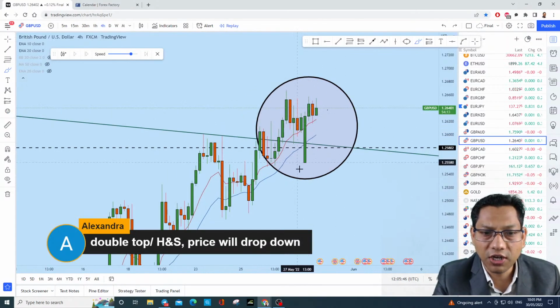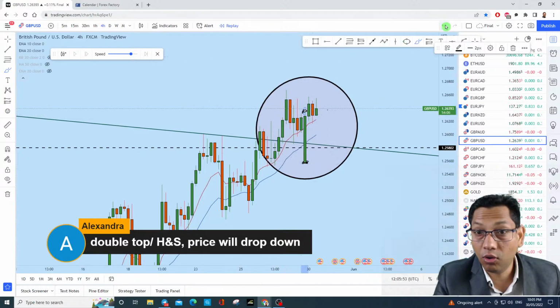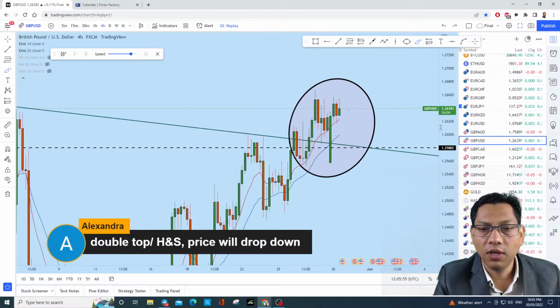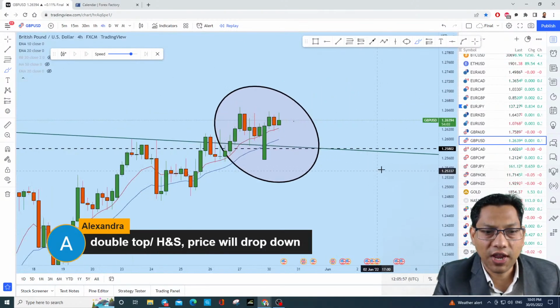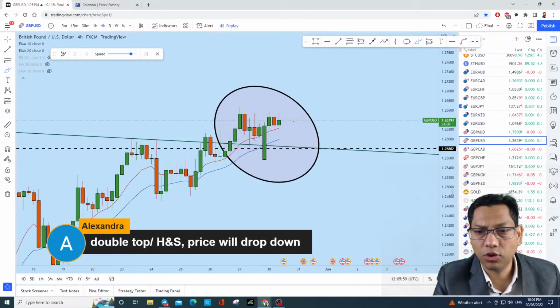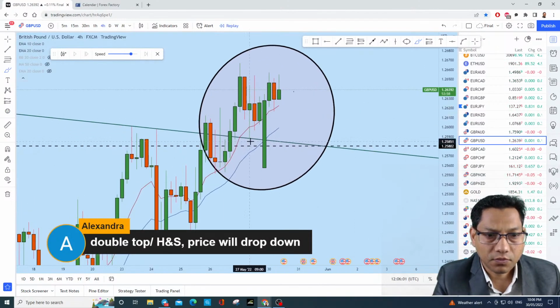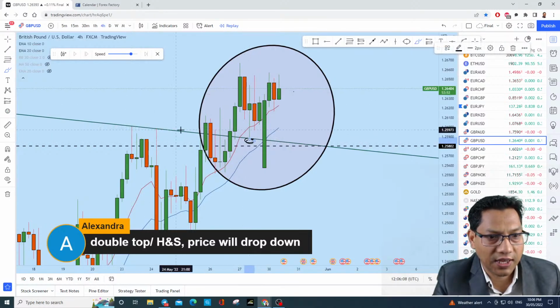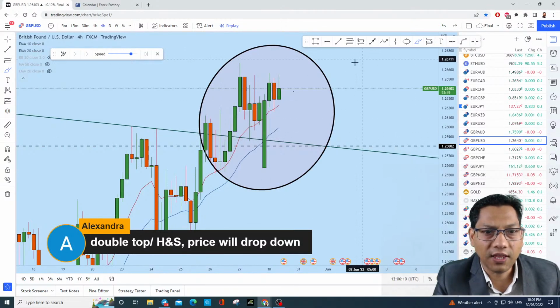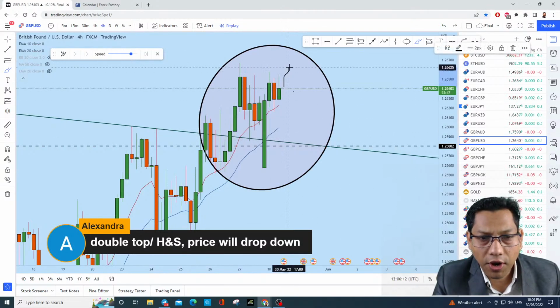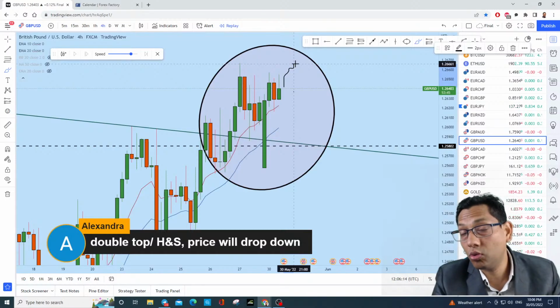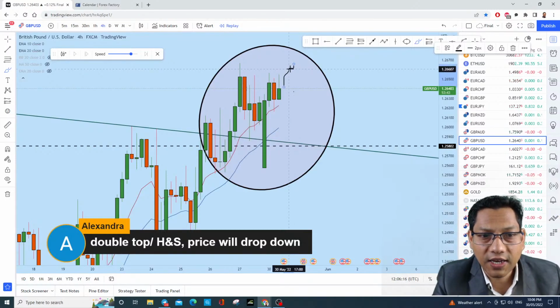There is a bullish engulfer with no wick at the bottom, and almost zero wick at the top. Now the GBPUSD is trying to create an inverted head and shoulder. You see, there is a doji here, and this doji is just touching the resistance line that you have drawn, right? What I think is that at any point, on the monthly candle close today or tomorrow, one candle will come back